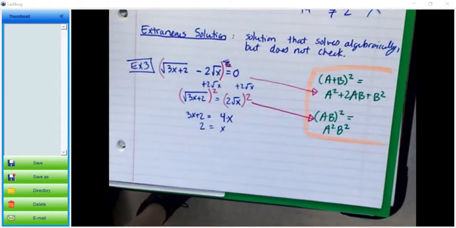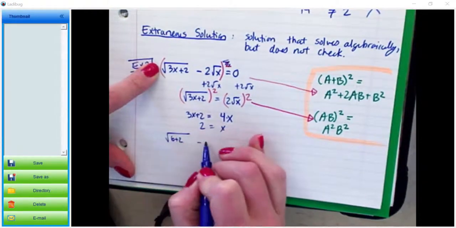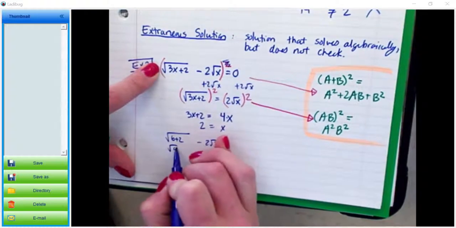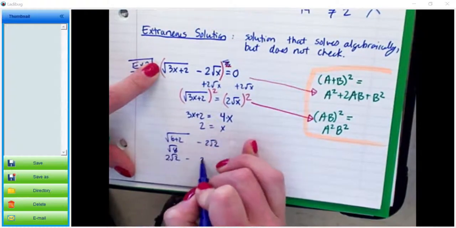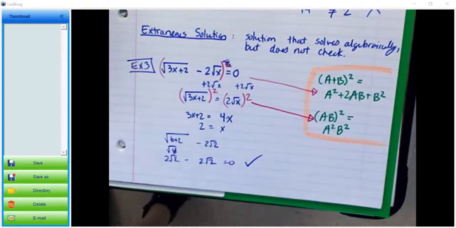And then do you have to check? I'm going to say yes. Before we finish solving, we'll come up with a better way than just plugging in to check our answers. But yeah, so we get root 6 plus 2 minus 2 root 2. And so it does check. Are you supposed to